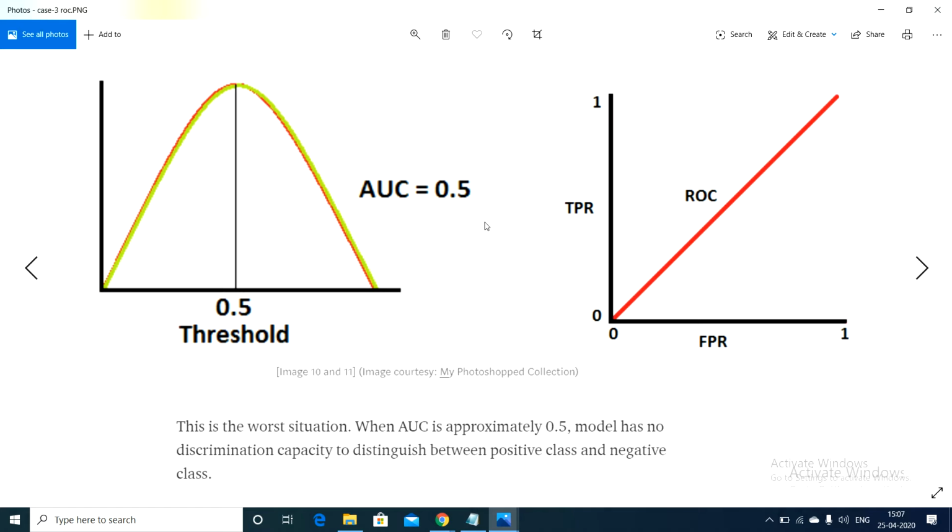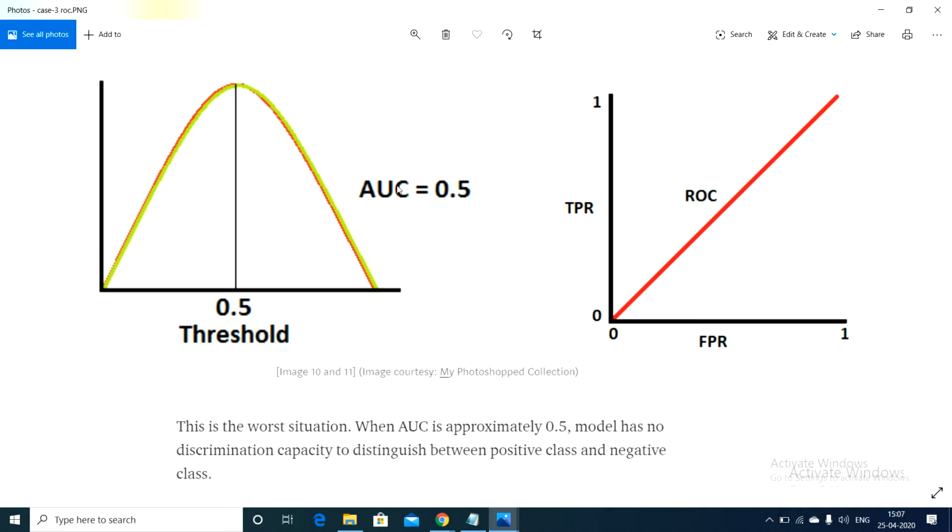See here there is exactly overlapping between positive cases and negative cases. See here true positive and true negative. See here there is the green distribution and red distribution. Here the curves are overlapped. If the curves are overlapped, this is called the worst situation, where the ideal ROC curve is a reverse L shape, but here we are getting AUC as 0.5, right?